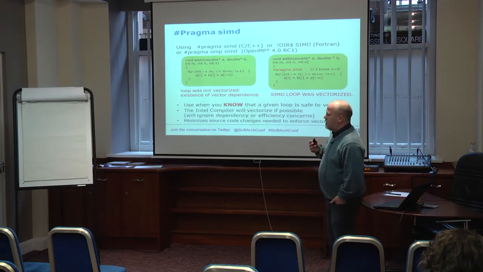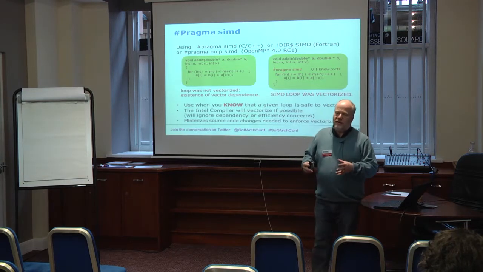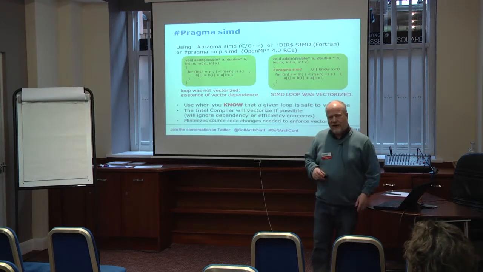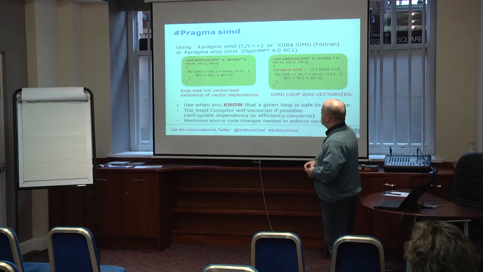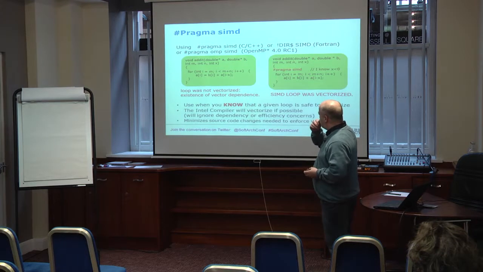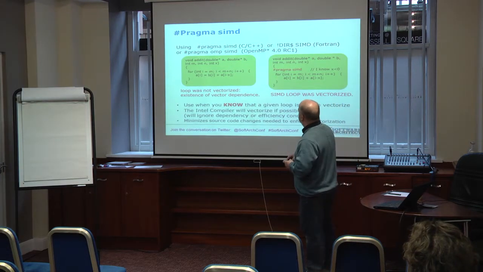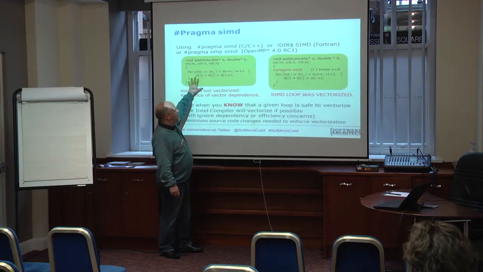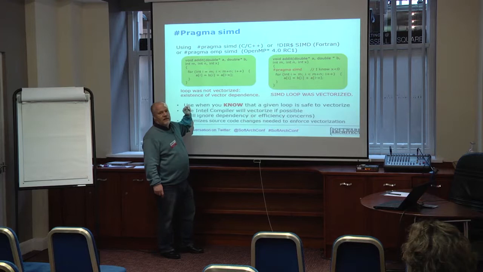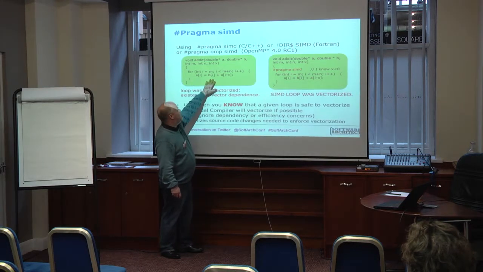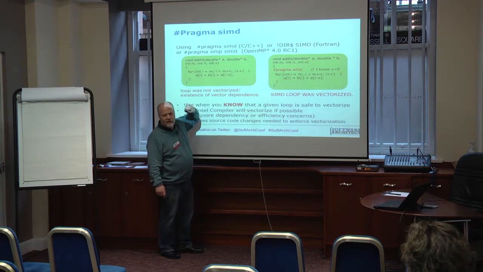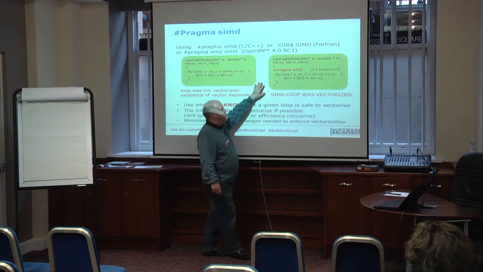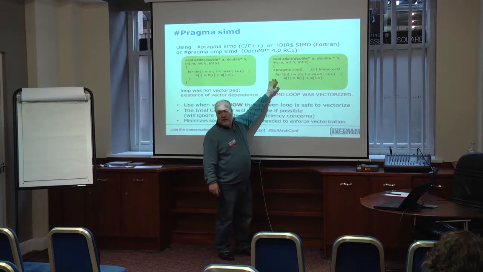Okay, so that was the array notation, and I'm going on at a speed because I want to talk at a higher level, really, about the consequence of vectorization. But here's another way of getting code to be vectorized. You probably recognize this piece of code here from the earlier slide, and the compiler couldn't vectorize it because there are things that it didn't know. The things are, it didn't know whether any of the elements would overlap each other. That's the main thing it couldn't work out. And by putting a pragma SIMD or using array notation, that gives sufficient information or instruction to the compiler to say,